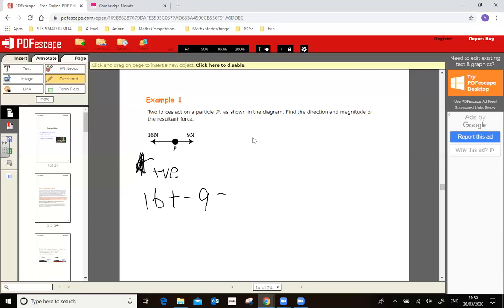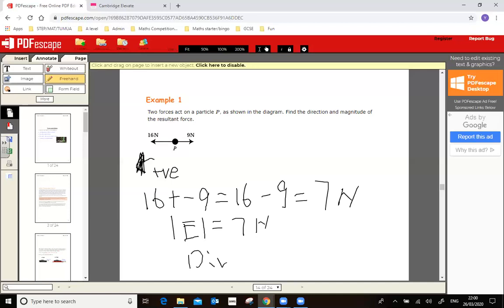So really what we have here is 16 minus 9, and that would give you 7 Newton. So this is the resultant force, and the direction is actually towards the left. So if we want to write that as the magnitude, we can write magnitude of F equals 7 Newton, and the direction